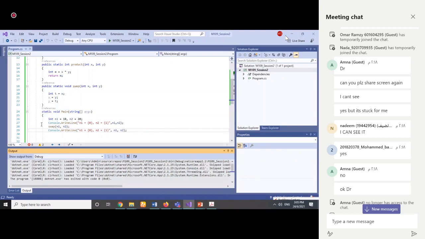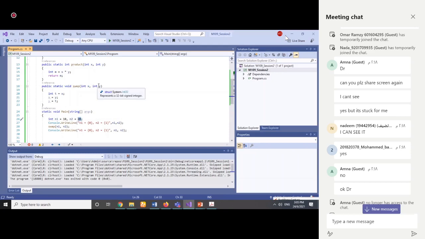Pass by value in the sense when we call the method and we pass the values to the method, it takes the copy of n1 and n2. n1 is taken here, n2 is taken. What it means? 10 is given to x, 20 is given to y, and swapping is done here. If I print here x and y,